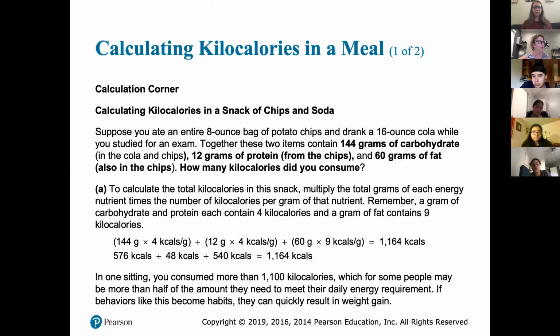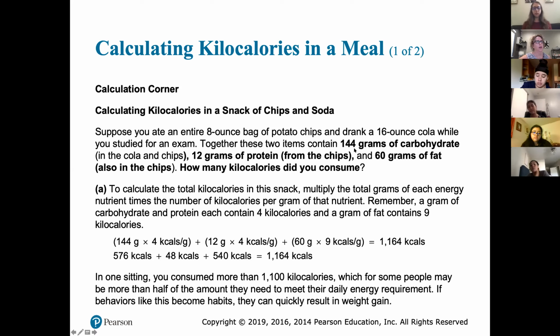So when we look at this, what this is saying is, has anybody out there ever eaten a bag of chips and a soda, right? Most of us have. Normally you can just look on the label, but let's just say there was an apocalypse or a pandemic, and now all of these things are not available to us and we can't find these things out. But you're going to eat a bag of chips and you're going to know a few things about the bag of chips, okay?